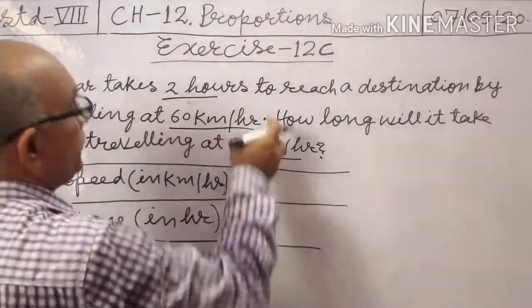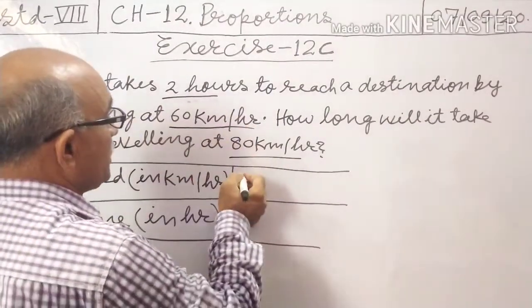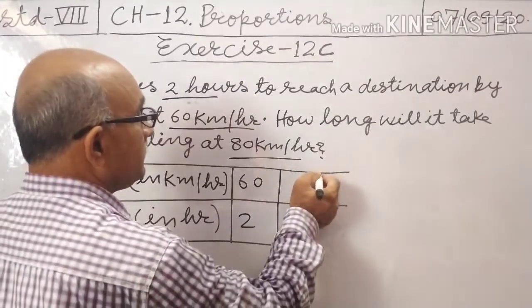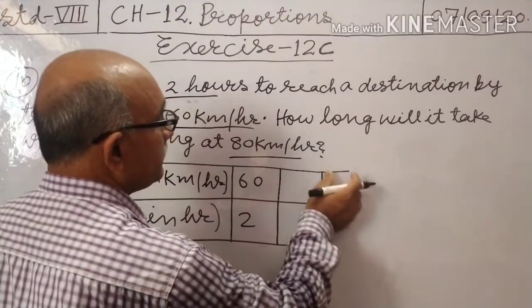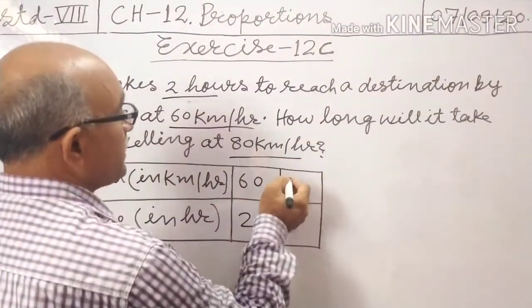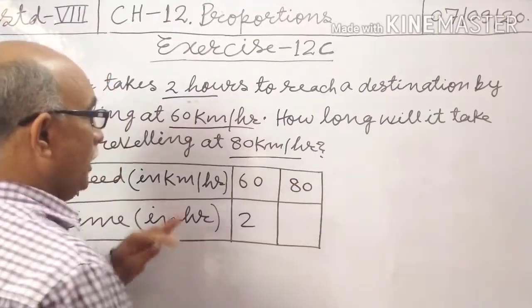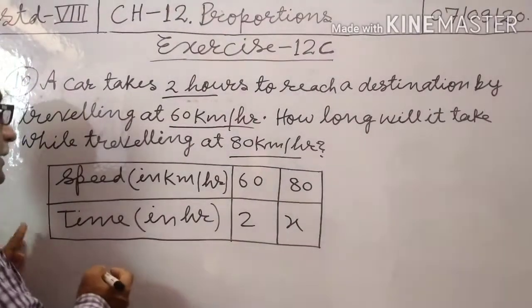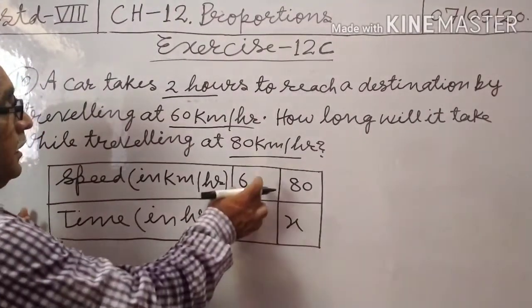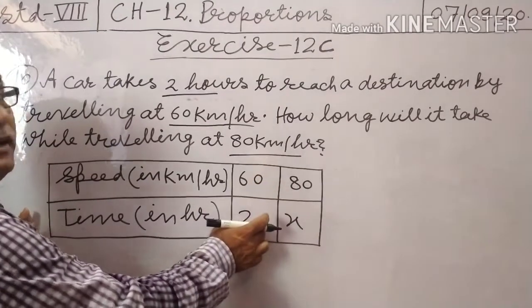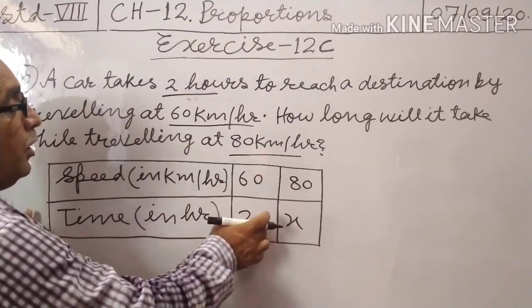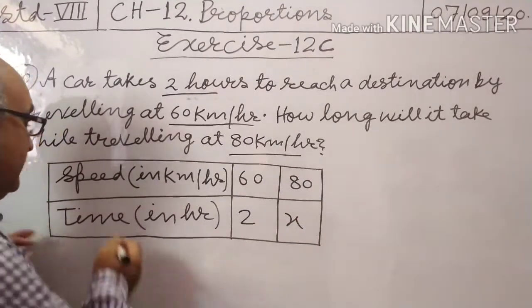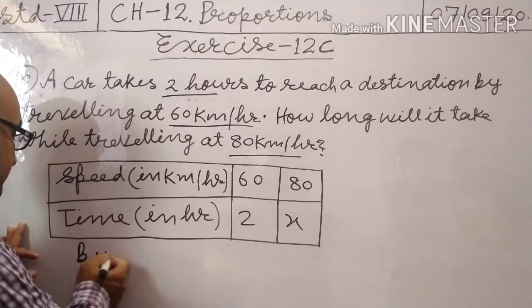Here, taken time is 2 hours at a speed of 60 km per hour. Now, at a speed of 80 km per hour, how long will it take? Let the required time be x hour. It is in inverse variation. Less speed, more time. More speed, less time. One increases, other decreases. So by inverse variation,